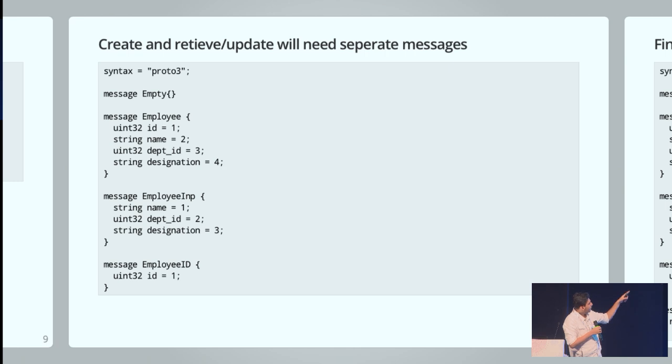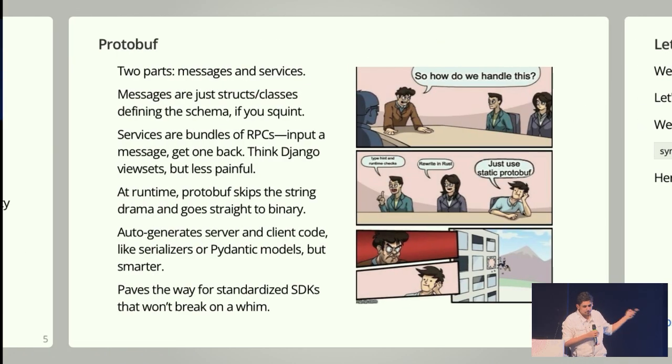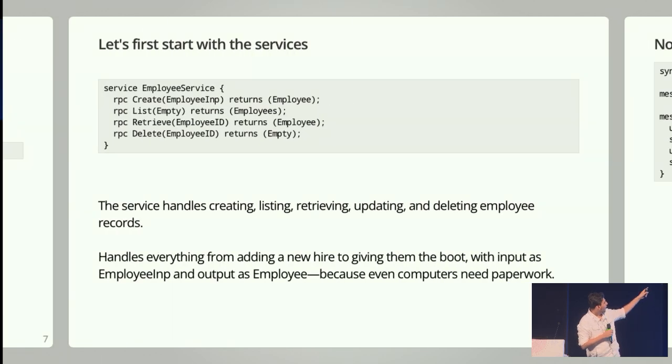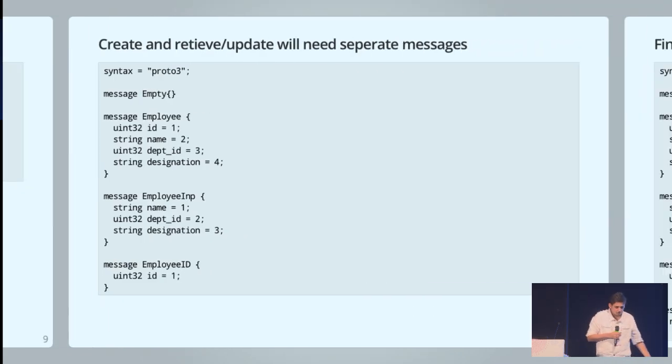And you might be noticing these numbers equal to 1, 2, 3, 4. This comes into play because protobuf does serialization with binary. Protobuf serializes data as binary data. It doesn't serialize to text, so it doesn't necessarily need the string messages. For example, if I want to encode name in the employee message, then converting name as a string to binary would be more expensive. So instead we just give numbers to the attributes, and that's what proto-C uses while serializing the data.